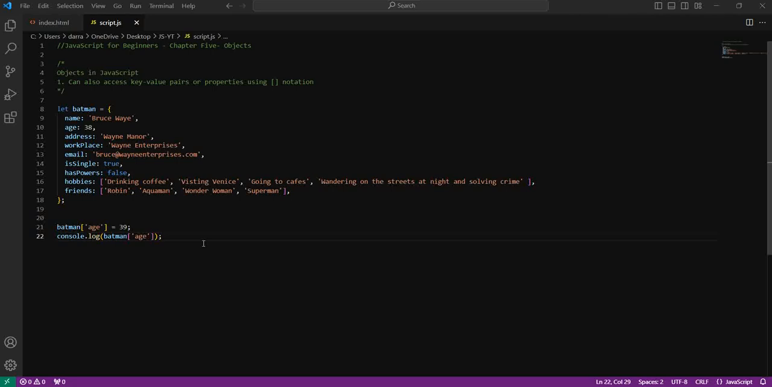Okay, awesome. So for this course, I will be using dot notation to access properties of an object, but I just want you to be aware that you can also use square